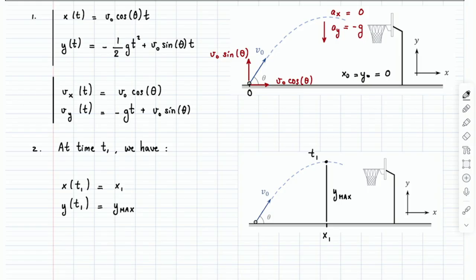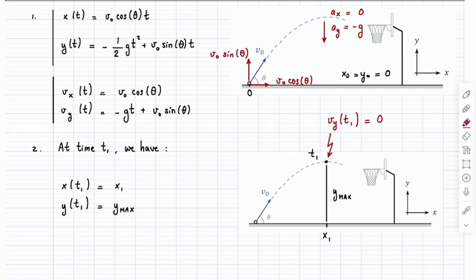But something else must be true, because I don't know what t1 is, and this is not going to give me t1 because I don't know this and I don't know this. So how would I find t1? Well, it's really important to remember this because you've probably already encountered it by now. But at the max height, the y velocity is 0 by definition. Okay, because at the max height, you've stopped moving upward and downward at that point, right? You're no longer moving upward.